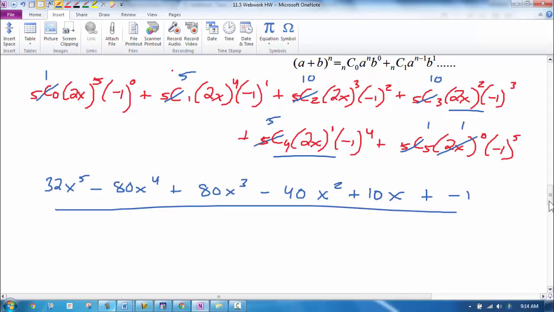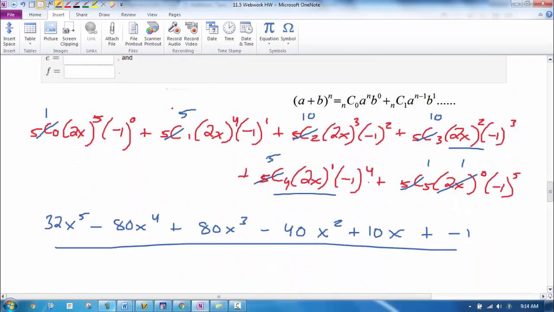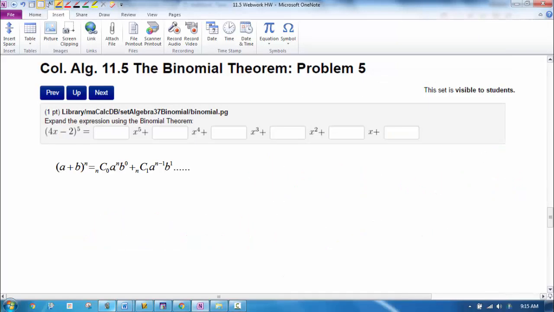Now they want me to enter this in where they just want the coefficients in front. So my coefficient answers are 32, negative 80, 80, negative 40, 10, and negative 1. Okay, the next one wants me to do the same thing. So it's